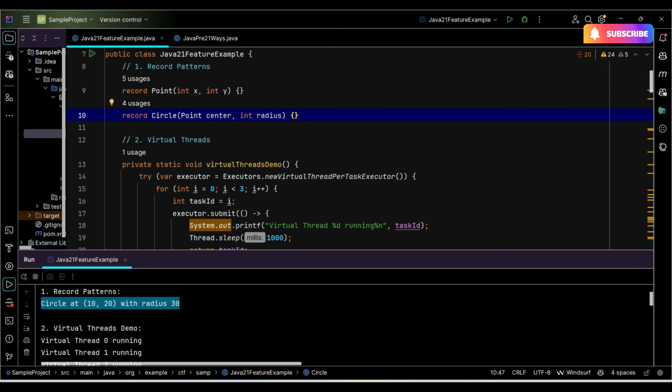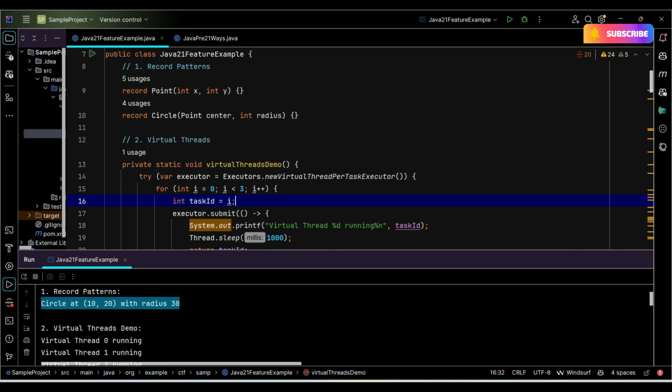So basically, the crux is that whenever we used to work in a multi-threading environment and create threads, we were actually using OS threads, which were managed by the OS and assigned one-on-one. But when we work with virtual threads, this is not going to make use of the OS thread. This is going to make use of